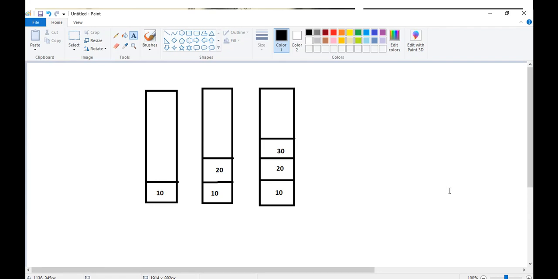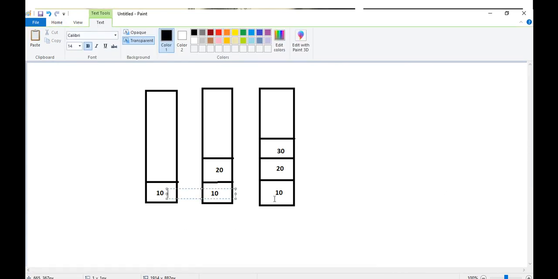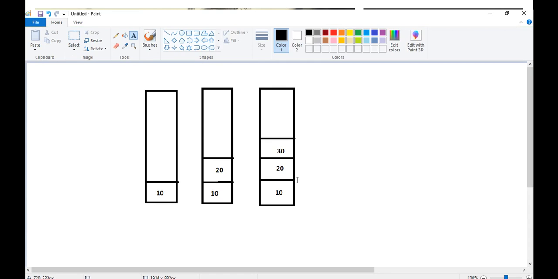Or you may put it in reverse also, first in, last out. So which one will win first? First in is 10 and 10 will be removed at the last. This is the principle of stack. On the other hand, if you consider queue, the first one which I was showing was first in, first out. So what is first in, first out? The element which gets inserted first will be removed first.